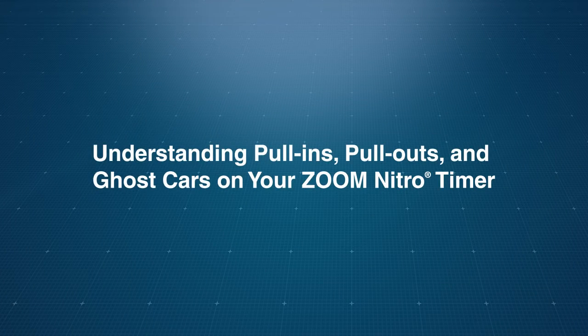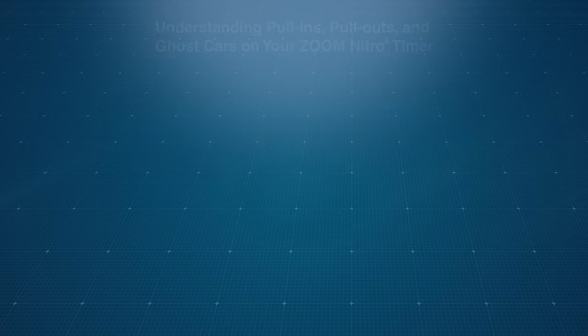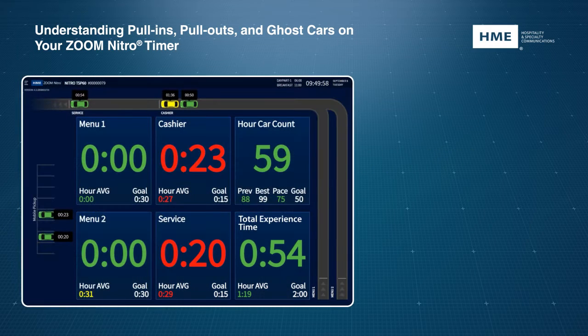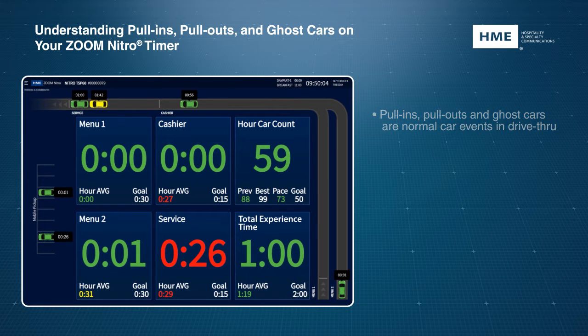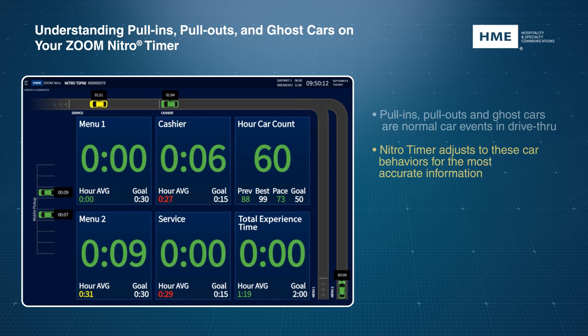The ZOOM Nitro Timer enables you to track cars as they go through your drive-thru to determine where to focus your efforts and increase your team's efficiency. Pull-ins, pull-outs, and ghost cars are normal events that occur in your drive-thru. The ZOOM Timer temporarily displays these cars and automatically adjusts to these car behaviors to give you the most accurate